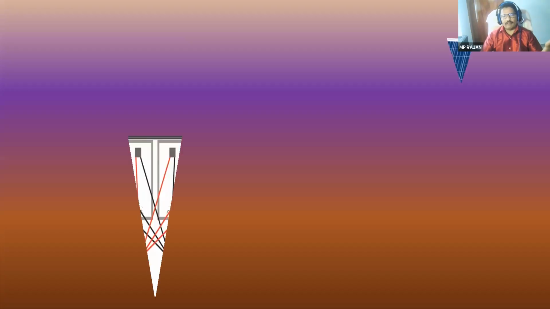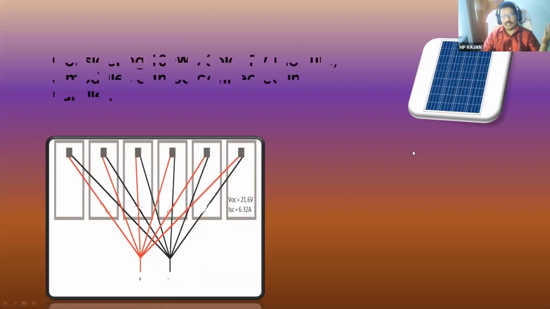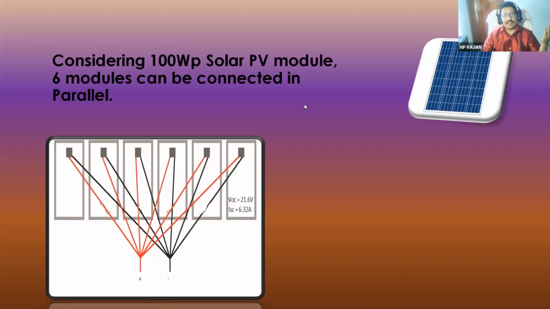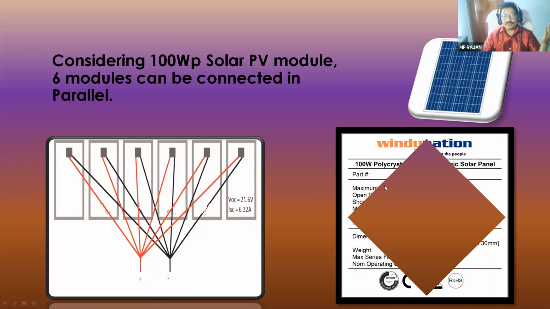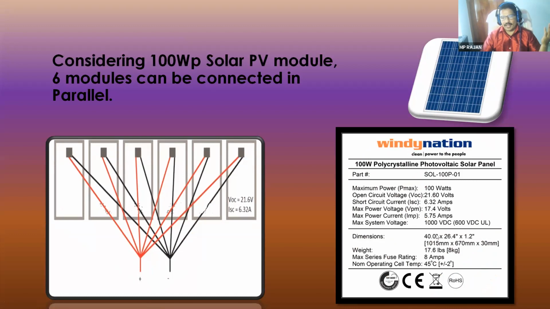So like batteries, different types of panels are available in the market. So you can select a 100 Wp solar PV module. So you can see the parameters of the 100 watt. So how many panels should be connected in series? System voltage is 12, and the maximum voltage is 17.4. So one module in series. That means all the panels should be connected in parallel only, like the battery. All the 6 panels can be connected in parallel. So 6 into 100, 600 watt power will be produced with a 17 volt.